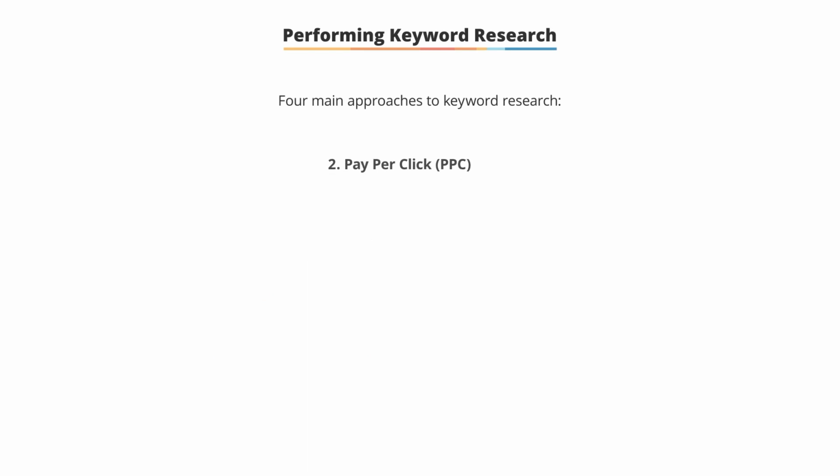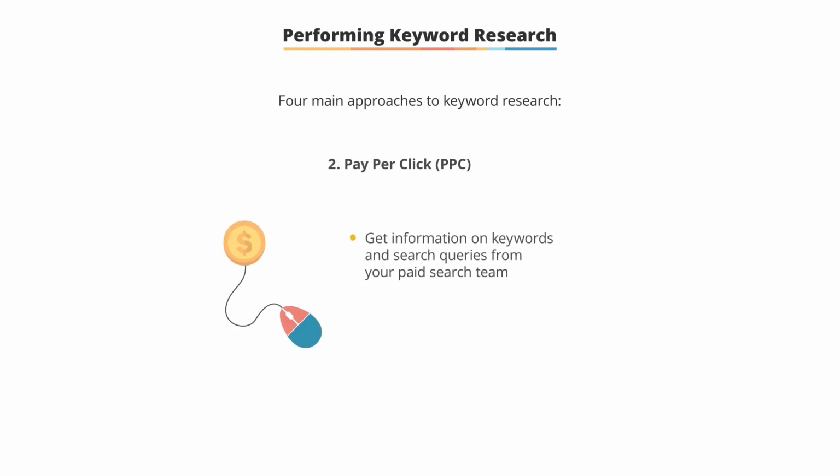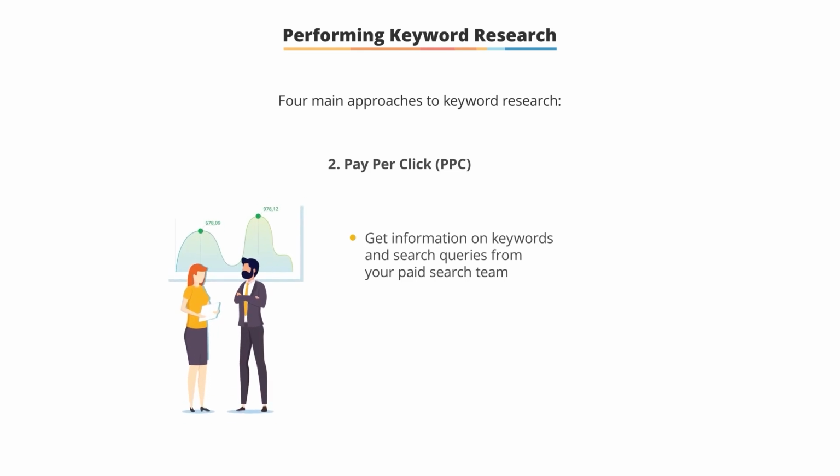Now, the next area is paid search. You can find a lot of keyword information with paid search. You can talk to your AdWords team or talk to anyone who's doing paid search for your company. They're going to have a lot of access to search queries and lots of phrases. They can see the search phrases that people are using, see their ads, and go to the site. So that's intelligence that we can't get from the organic side. So hopefully they'll be able to work with you and provide a list of things that you might want to